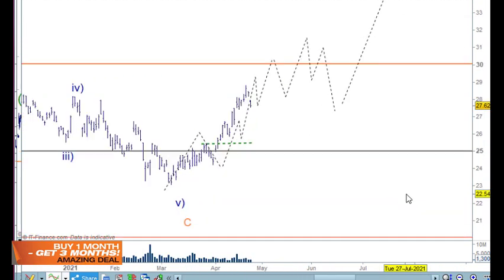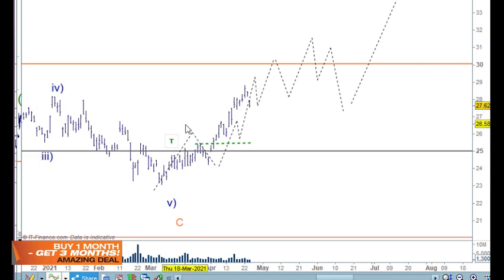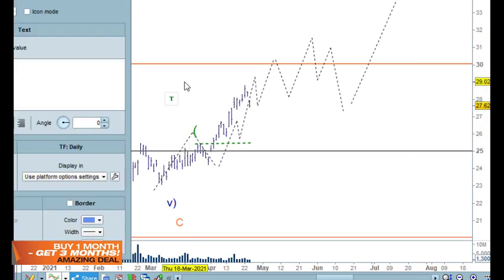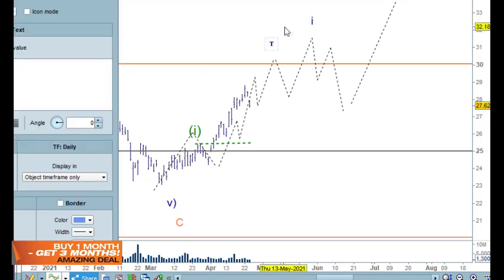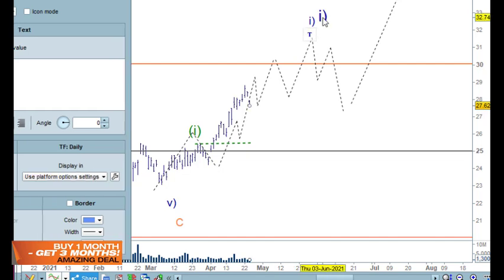I have to label it. Oops, wrong one. Be something like that. So what we're looking for here in Newcrest Mining, and other stocks would be the same,